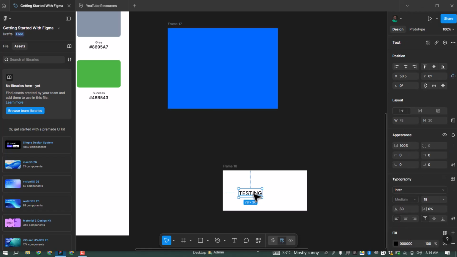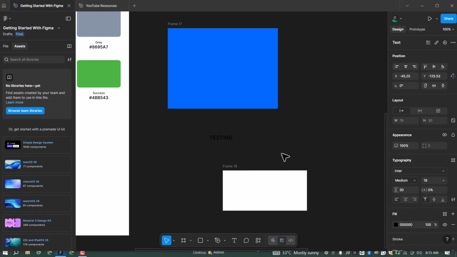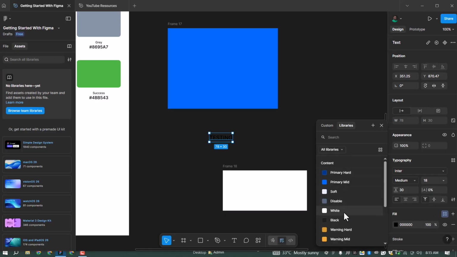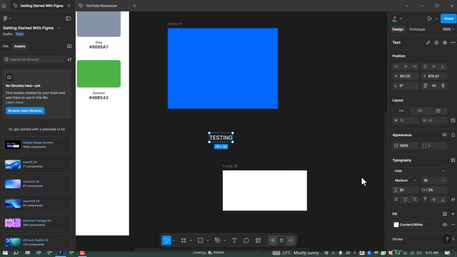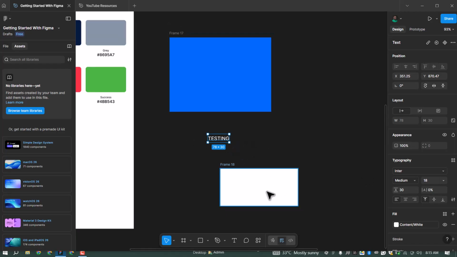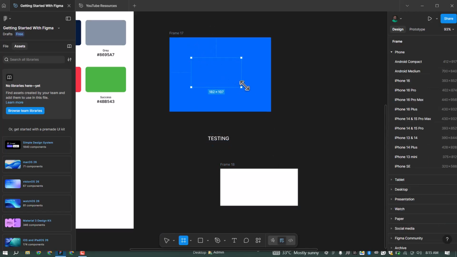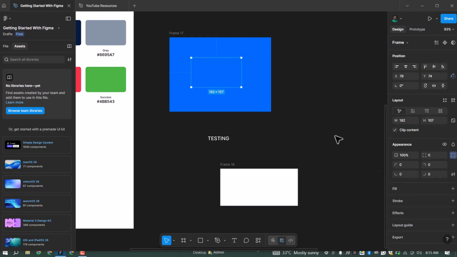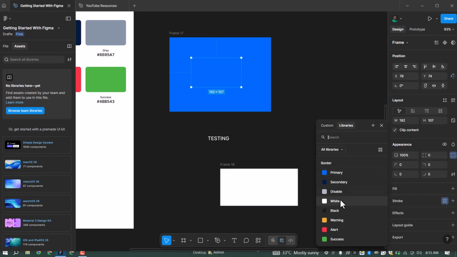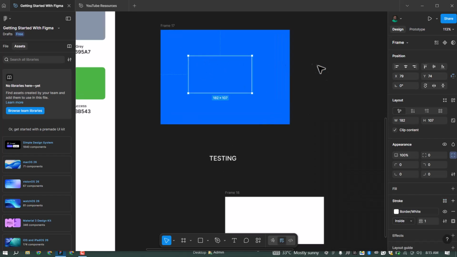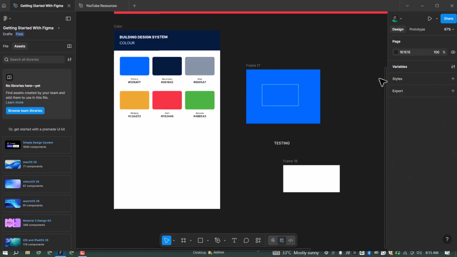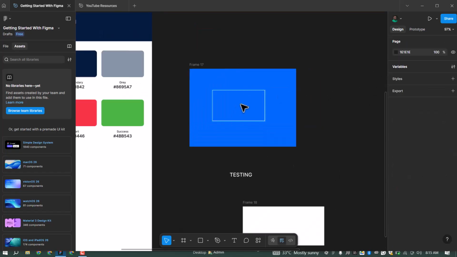Then coming to my text here, let me just take it outside of the frame. I can also come here and link it to any color from my semantic color. Yeah. So then let's draw another frame. We need something for border. So I have a frame drawn, so I can come to stroke, click on this, then select any border. So you can see it's just very simple defining your color using